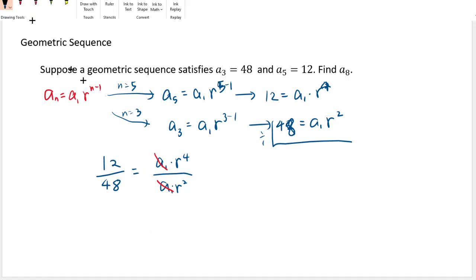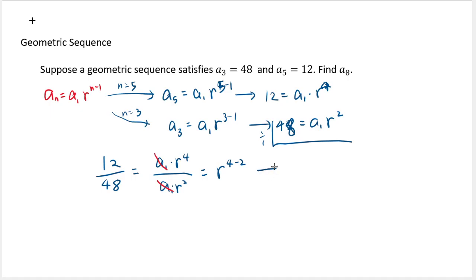And we also know that if you divide and they have the same base, then the exponents subtract, right? And then you can say, well, 12 over 48, top and bottom are both divisible by 12. 48 is 12 times 4, so the left side can be written as 1/4,